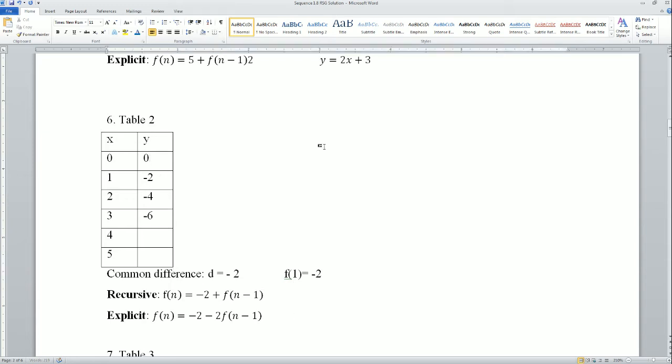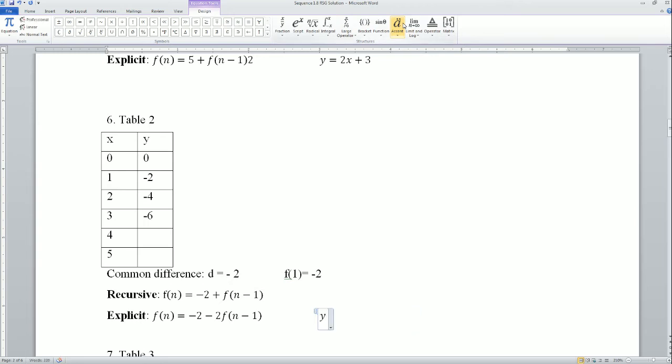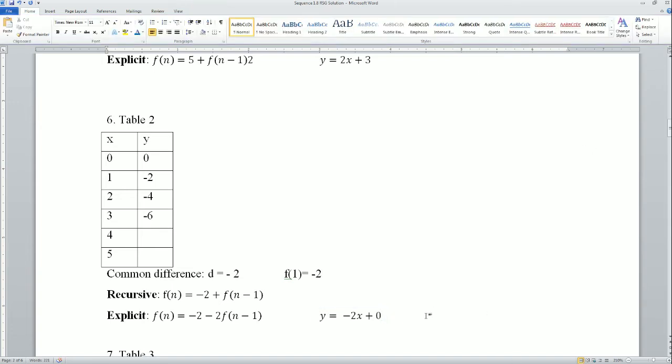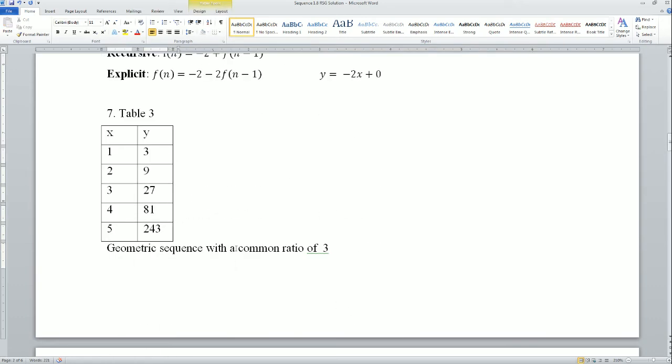Yep. So if you would like to see this in y equals mx plus b format, y is equal to negative 2x plus 0. Right? That's what it would look like in y equals mx plus b format, which is the explicit. All right. Next,